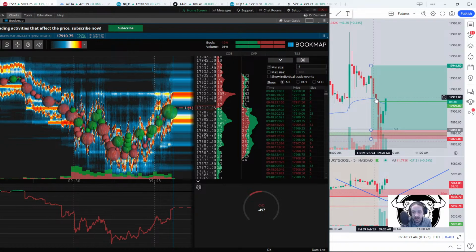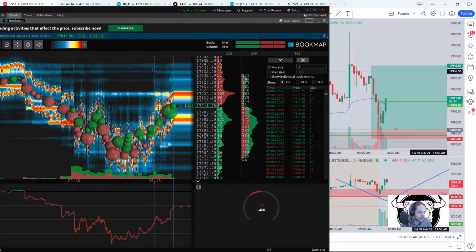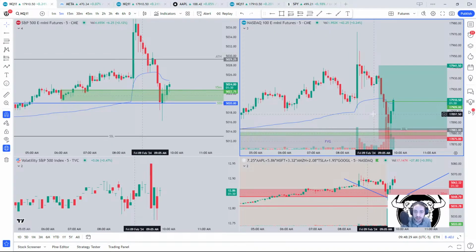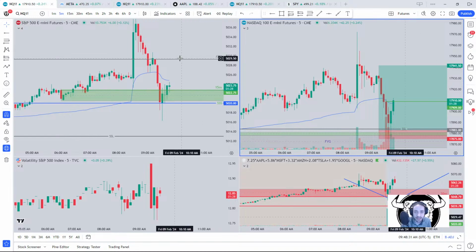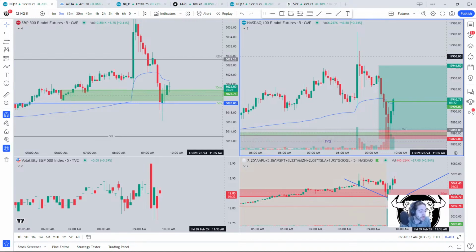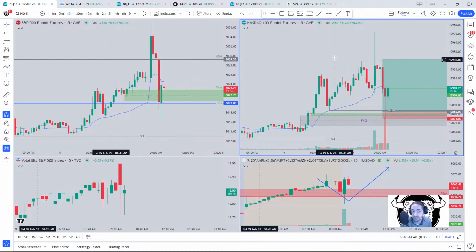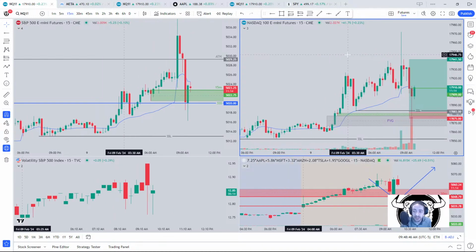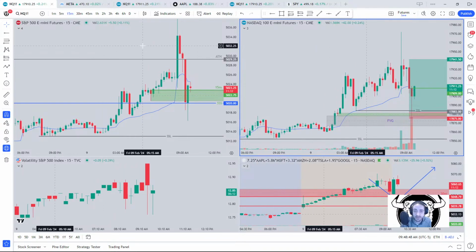A little 5-minute fair value gap that we're about to enter right there. So that could be like a TP1, but I'm just staying in these guys. Buyers are nice right now. We've been making all-time highs. Bulls have been in control. I don't know why I wouldn't stay in this trade from my entry point at least. You know what I'm saying? And again, based off that 15-minute time frame, I really do want to see continuation to the upside. We have 11 minutes for this 15-minute to close.